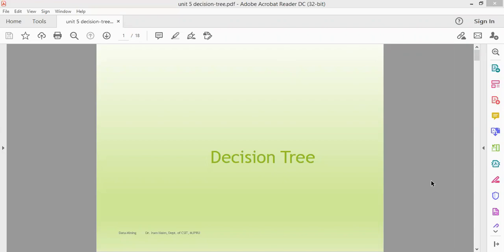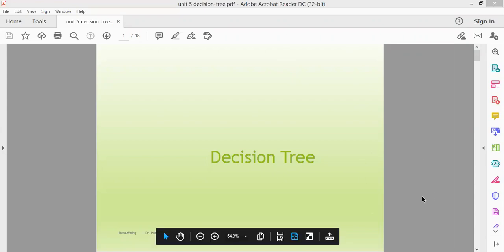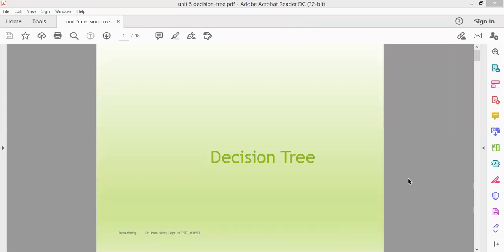So let's start. I told you that today we will discuss the decision tree. We are discussing many data mining algorithms. Up till now we have discussed neural network, genetic algorithm, then association rule, k-means clustering, k nearest neighbors, and all these things. So today the topic is decision tree. Decision tree is basically a classification problem-solving technique.